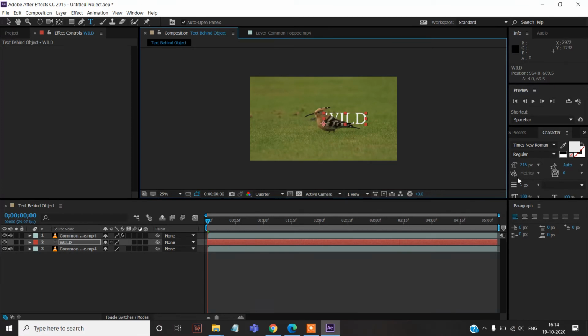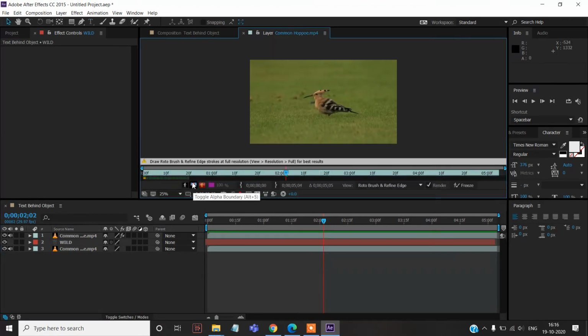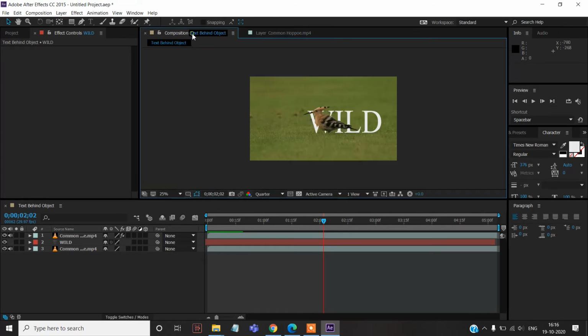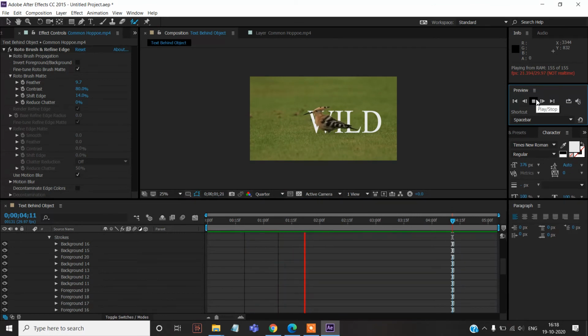Yeah, like this. We can increase the font size with the character panel over there. Now we have to drag this because the text layer should be available from end to end. Otherwise, if we do not drag this, the text layer will not be available throughout the entire video.